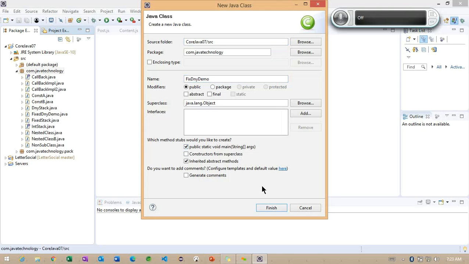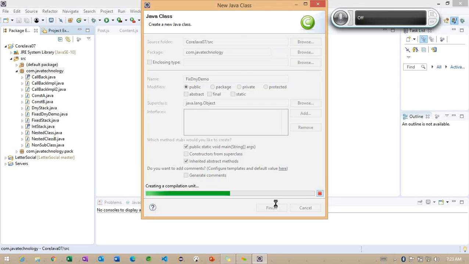Fixed dynamic demo. And now what am I going to do?